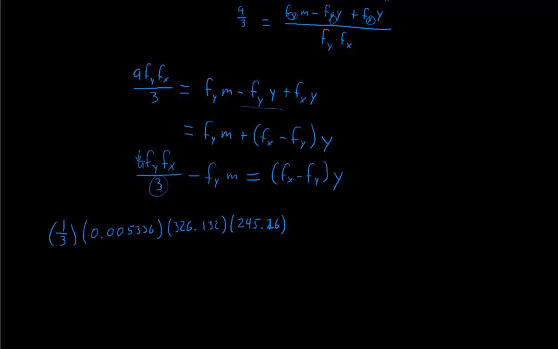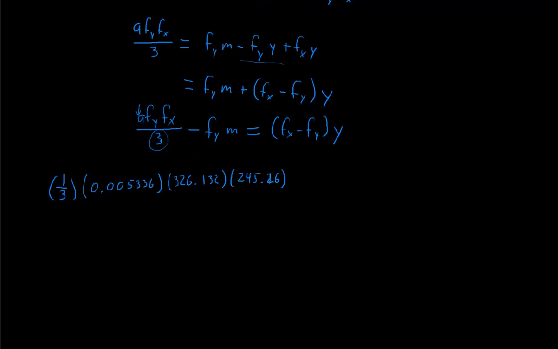326.13, yeah. So I looked that up, and I have a few more decimal places, but it doesn't matter. Okay, cool. So then we have our minus sign right here. So minus Fy again is this 326.132 grams per mole, and M is the total mass of our sample, and so that's the 0.5113 grams of the sample, and that is equal to, so there's my equal sign, Fx,